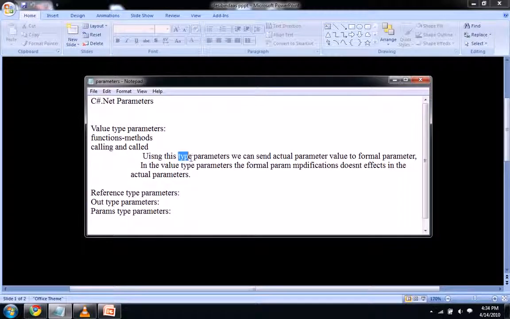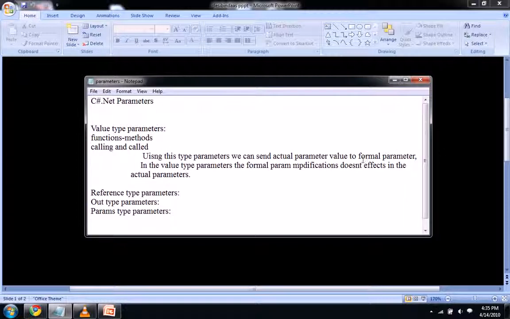Using this type of parameter we can send an actual parameter value to a formal parameter. With functions and methods, there is a calling function and a called function, which we all know. In the calling function we give actual parameters, whereas formal parameters are in the called function.